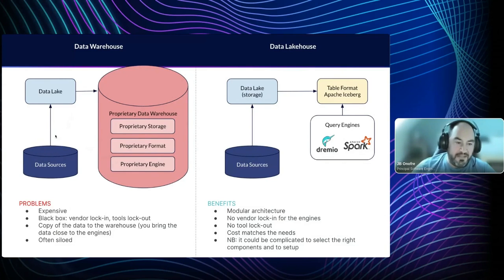We have different data sources, and you bring your data to the warehouse. This approach is pretty expensive, and you have a kind of black box, meaning that you don't know exactly what is inside. The only thing you know is the data you push there. So you have a kind of vendor lock-in, and